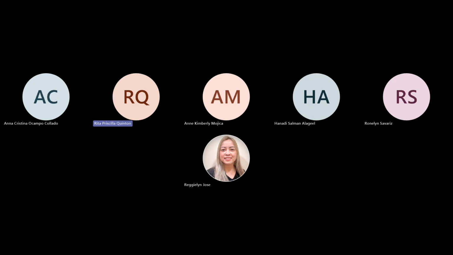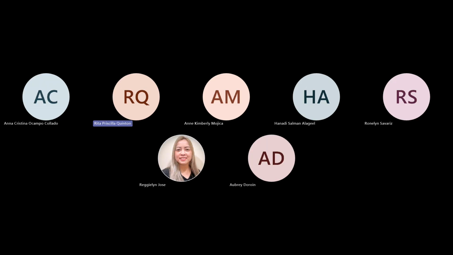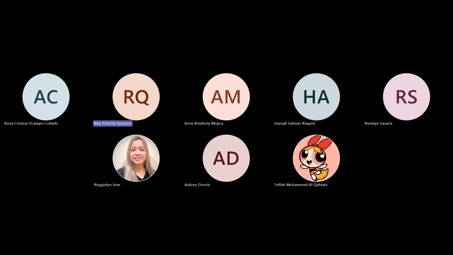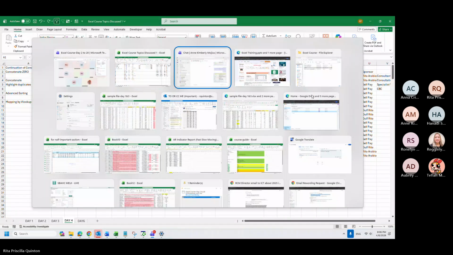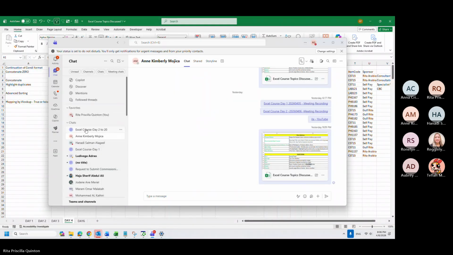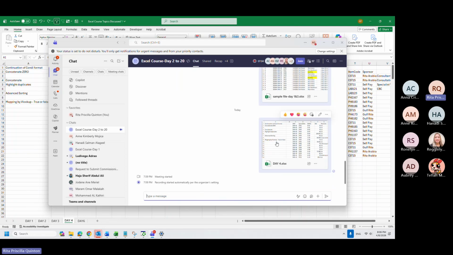Today is our day 4 for the Excel. I shared the file that we will work on today in the chat box. So we will use this day 4.